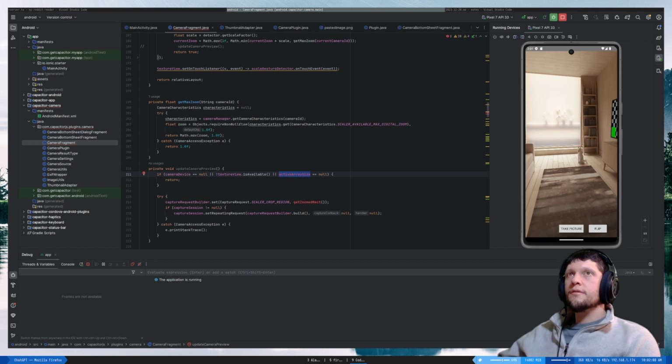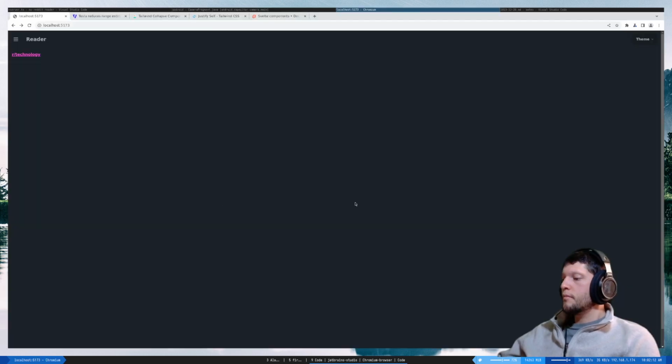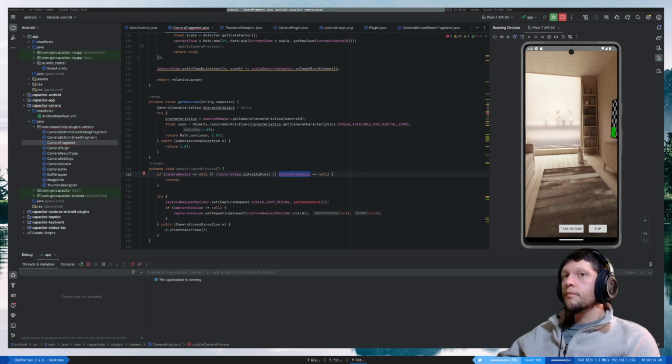Did it just die again? Instantly dead. You know what? I'm gonna try something to see if it works better. Hopefully that fixes it better. Right, active array size was